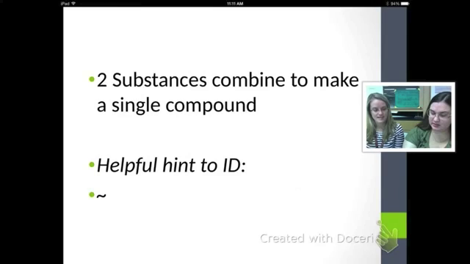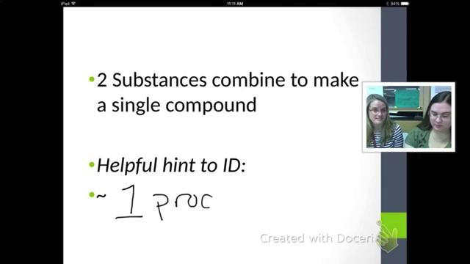All right. Okay. So now we're going to move to the left of your synthesis box because we're going to fill out the general definition for synthesis. And your general definition is that we have 2 substances combined to make a single compound. Again, general means it's not going to happen every single time, but most of the time it will. And our helpful hint,